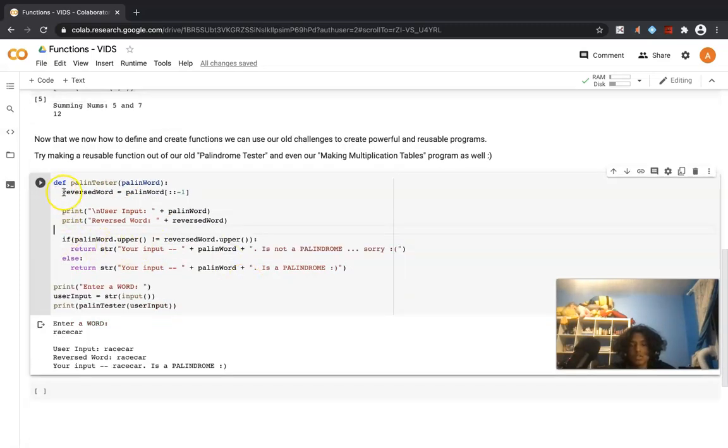And the way we can tell it's within our function is that this indentation shows that it's part of our function, much like the indentation helps the program or the compiler identify that this statement is part of our if statement. So now that I've completed the palindrome tester, I'll go ahead and do the second part of our challenge,